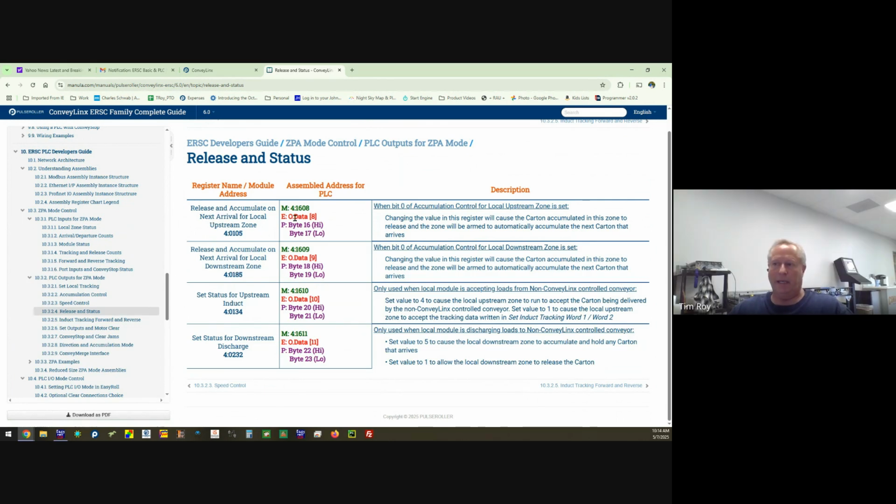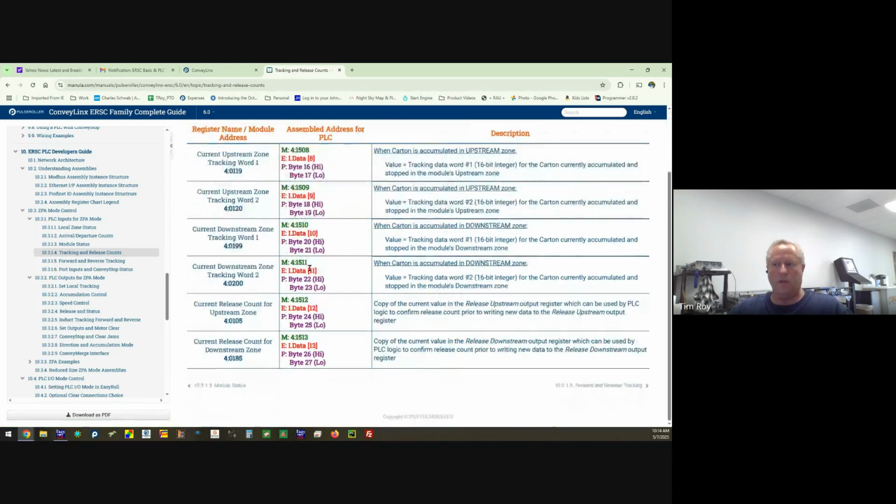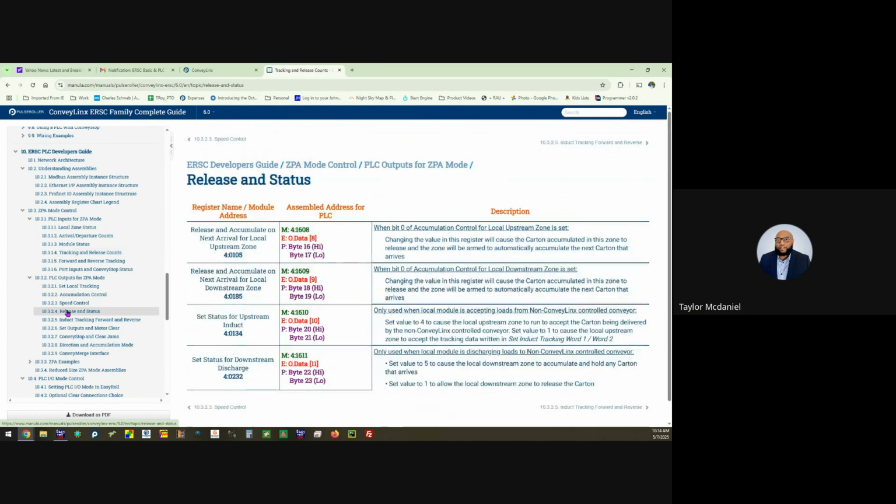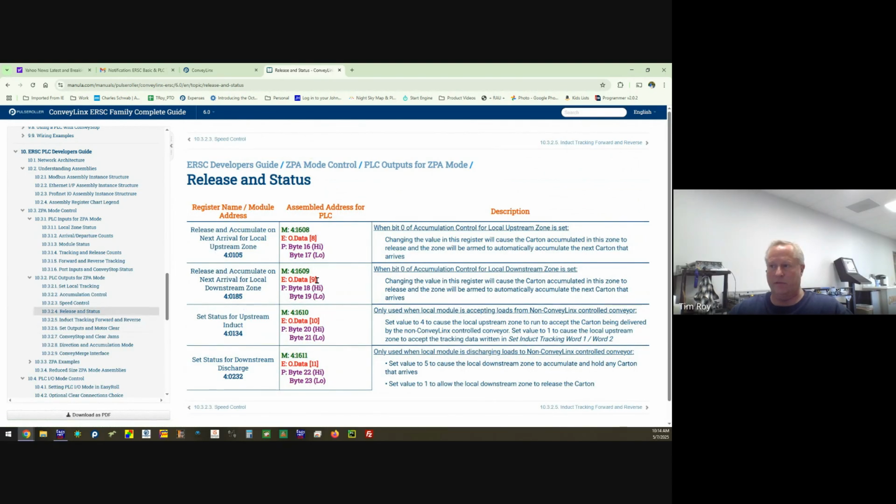Release and accumulate on next for upstream and downstream zone. This right here, the release and accumulate register. These are outputs. When we were talking about inputs, I said current release count for upstream and downstream is an echo of the value in the output register. That's what these registers are. It's an echo of these values. And now the way these work,